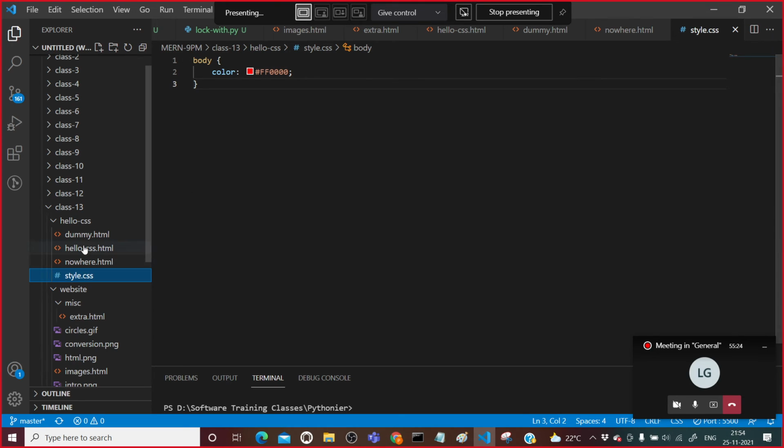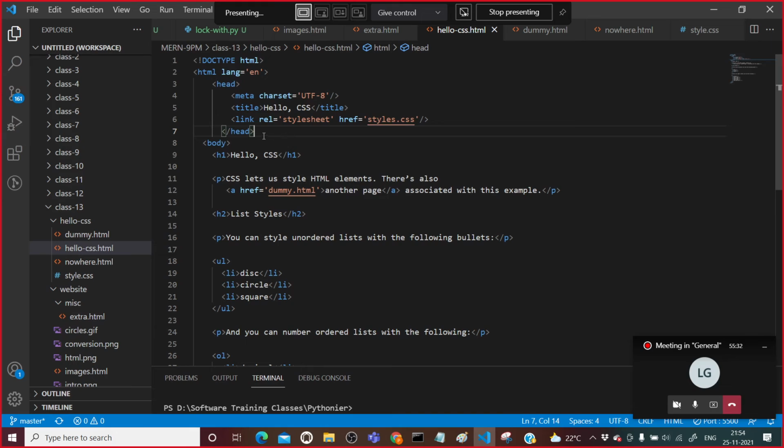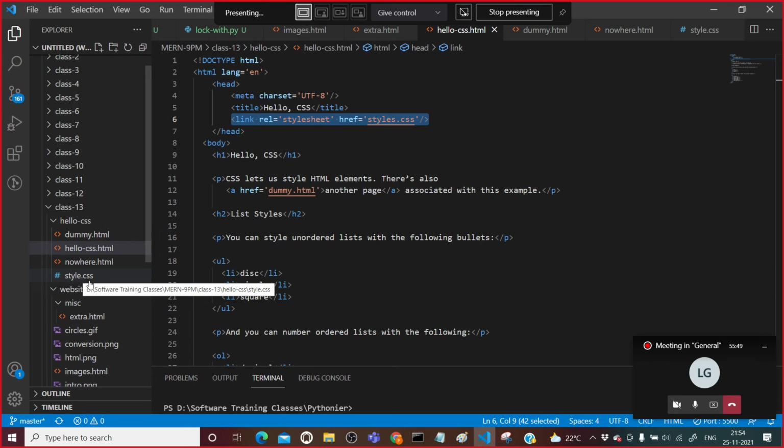Inside head, hello.css is already there, so I will replace this head with that particular head. So this is what I have told: now I have a style sheet which is residing here, in the same directory, styles.css. Okay, style.css, sorry. Now I have linked it.